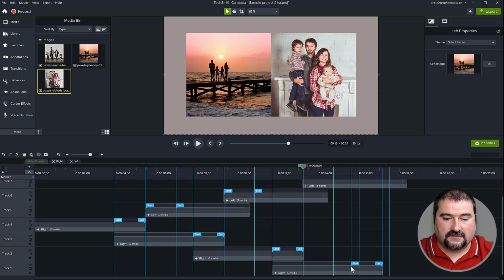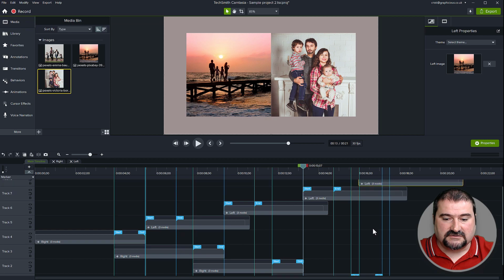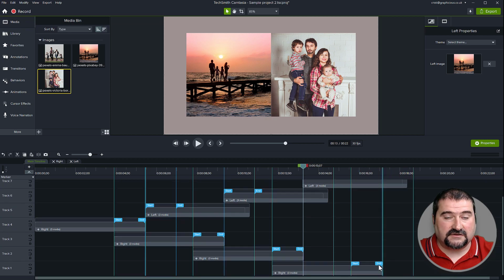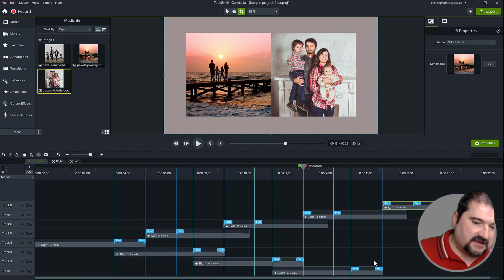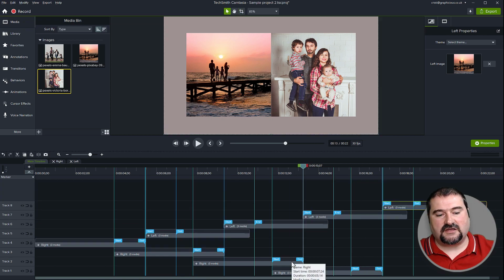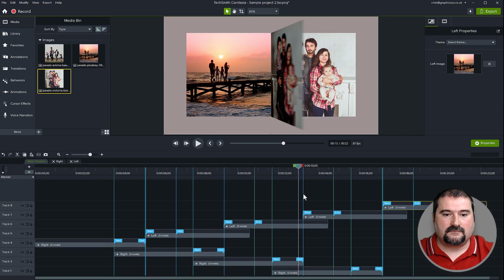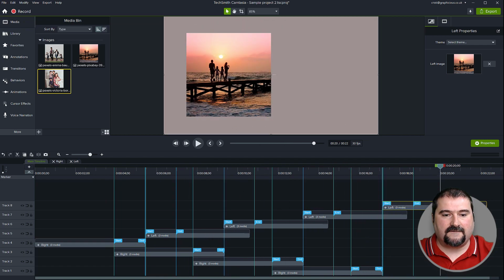So you see the left page all the way there starts at the end of that right page. Kind of confusing maybe, I don't know, but look, you're just going left, left, up, and right down. So there you go. That's your flipbook right there. I mean, it looks crazy on the timeline, but it all works perfectly fine.